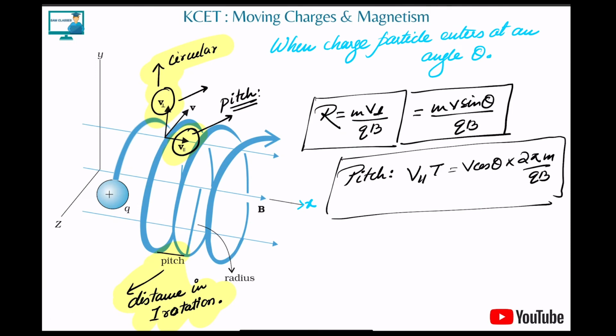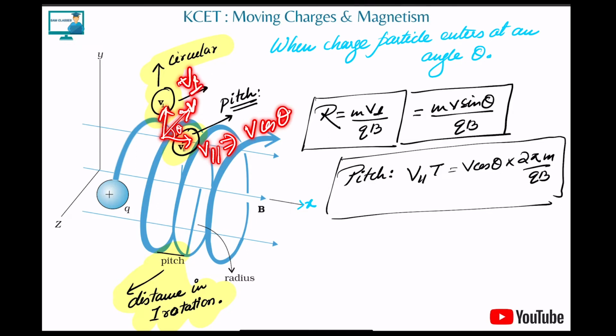Till now the velocity was perpendicular. Now what if the velocity is not perpendicular, but is making some angle theta with the B? So in that case, what do you do? We know the resolution of vectors. So we'll break the velocity vector v into two parts. One will be what? V perpendicular. One will be what? V parallel. And v parallel is nothing but v cos theta. And v perpendicular will be what? V sin theta. That's it.